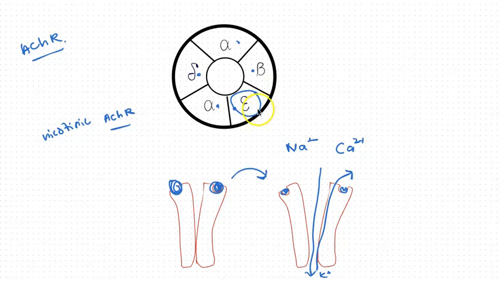Remember that I talked about the extrajunctional acetylcholine receptor? It is when this epsilon is changed to gamma. So when this happens, you will have extrajunctional acetylcholine receptors. Now they are dysfunctional in which they have prolonged opening time